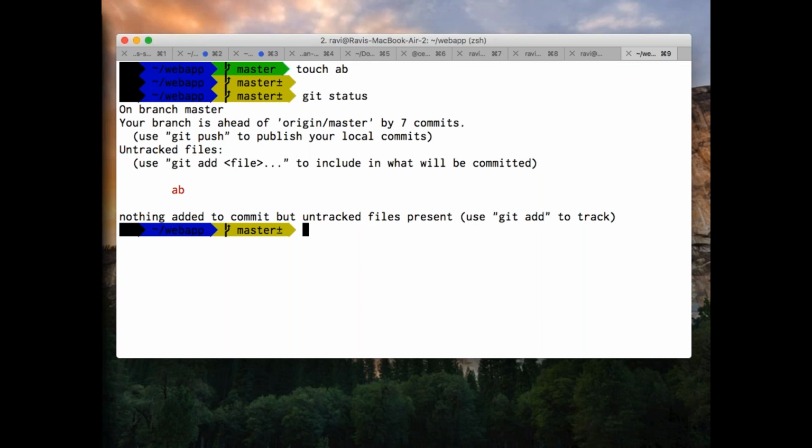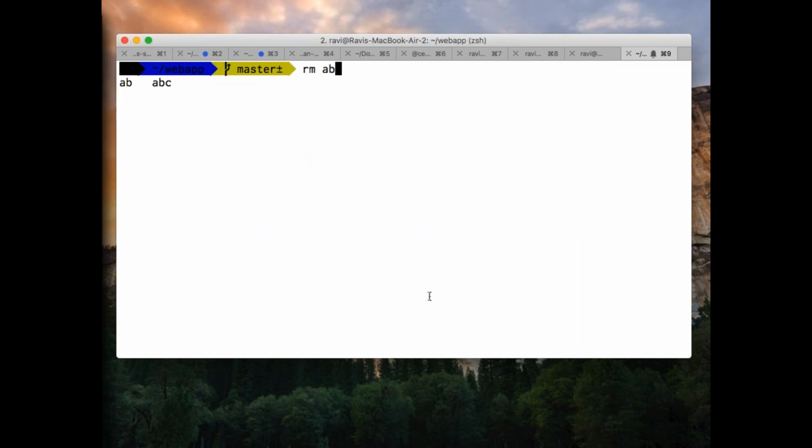Did I add it to my staging? It's still under my working area. So whenever you want to come back from your working area, all you need to do is delete that file, undo the change. As simple as that. Now let's say I want that to be untracked, so I'll simply rm ab. That's it. I'm back. That is when you are in your working area.